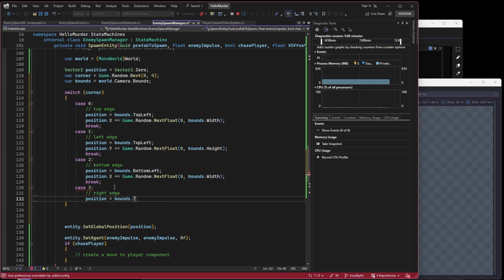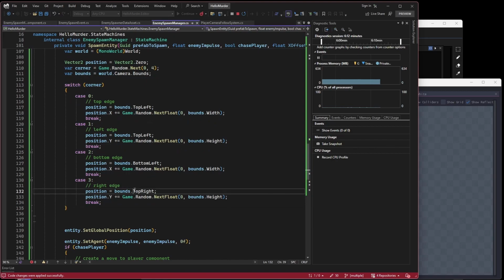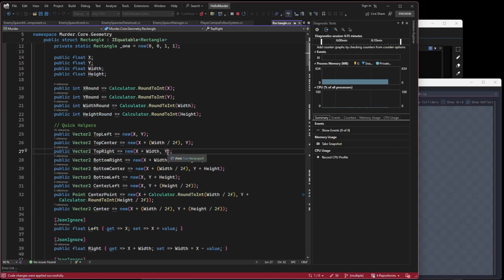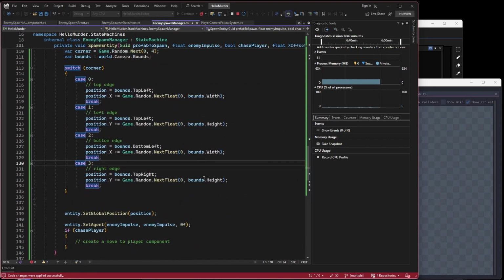For here, I think the top right actually makes a bit more sense. Yeah, because top right is 0y. Now I don't currently have the XY offsets in use here, so we could do that by saying this